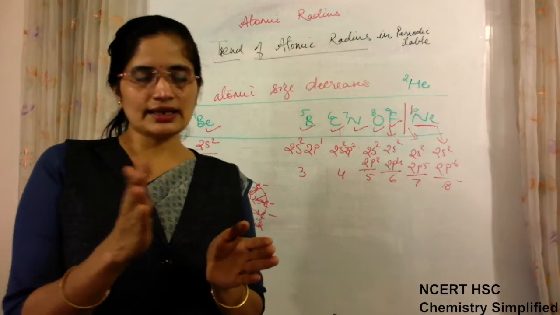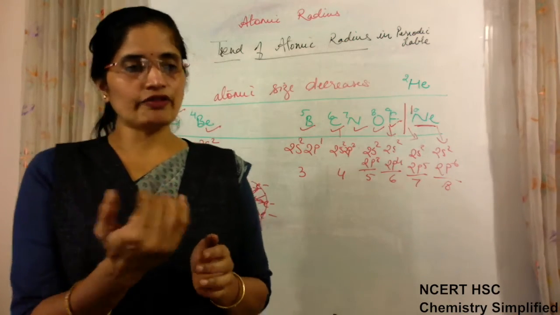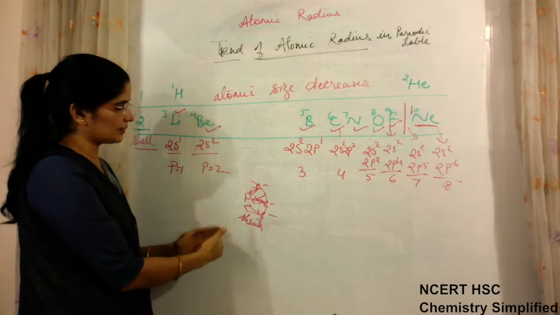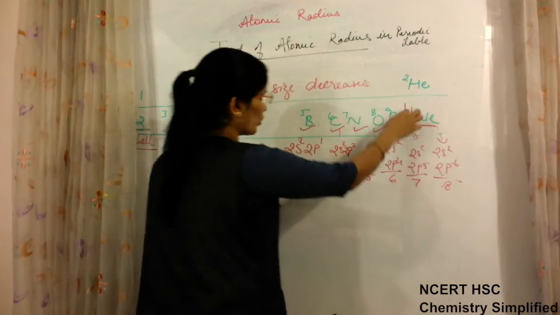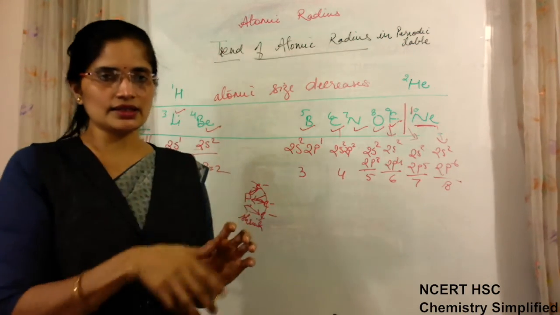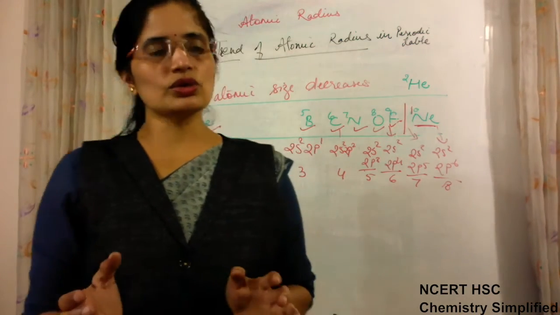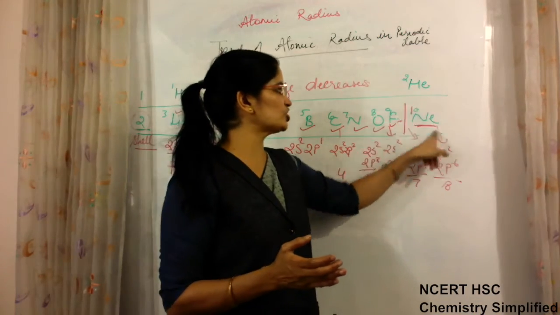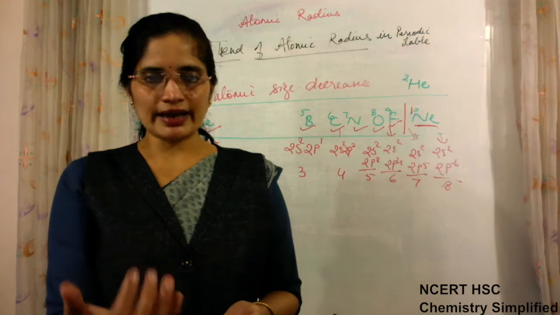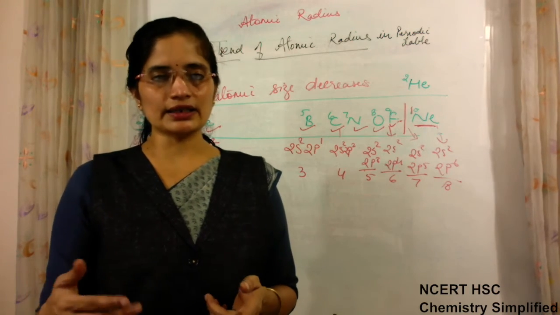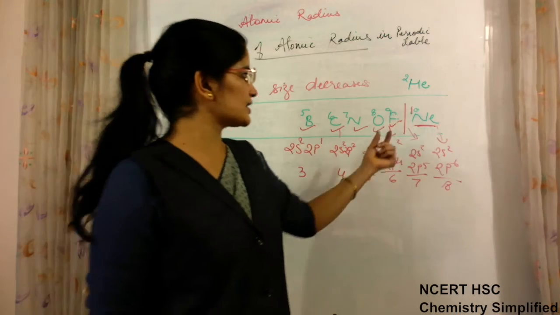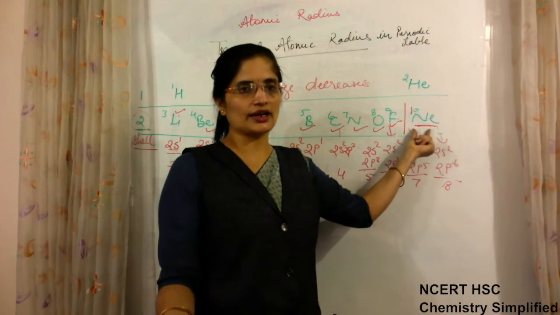So decreasing. One factor for decreasing is what? The proton is pulling, that is why the size is decreasing. But till we reach neon, then what happens? These electrons which are getting collected in the same shell are completely full when we reach neon. So they also start repelling each other. So one factor is pulling inside, another factor is active now, which is repelling. Because of that, the size of neon becomes a little larger.